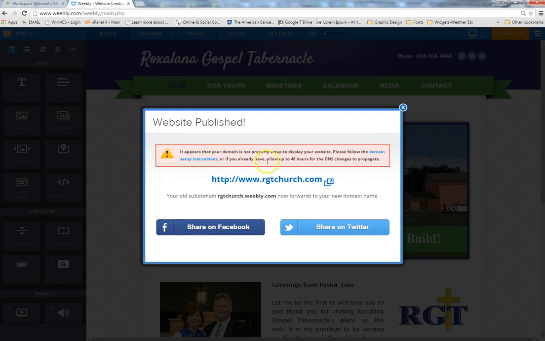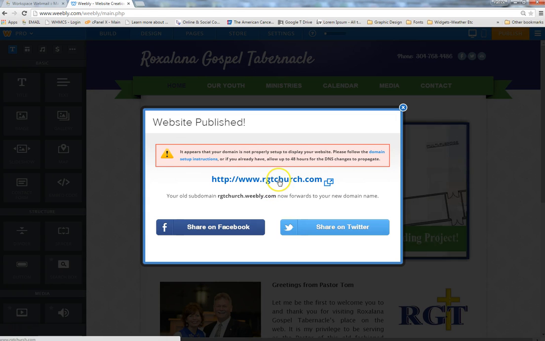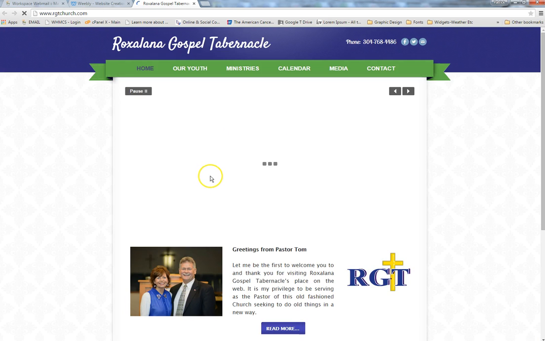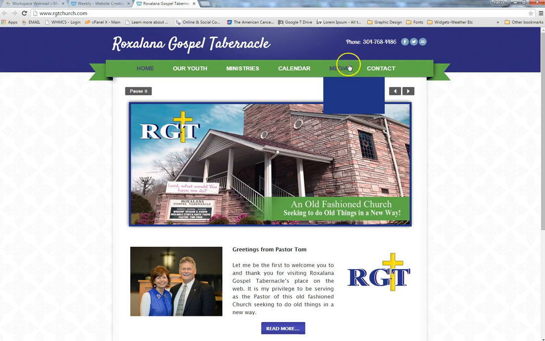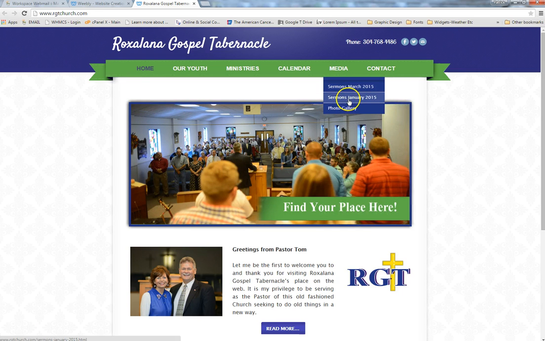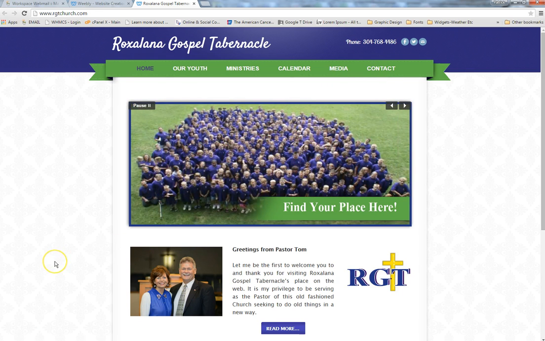And you can ignore this instructions. The only reason it's doing that is because we have two web domains, a .org address and then RGT Church. When you click on RGT Church, your new website will pop up with all the changes that we've made. Just remember that once you create all of these sermon archive pages, once you're finished, I would suggest going into the Pages tab, go to Sermons January 2015, and hit Delete. And delete that page. All right,